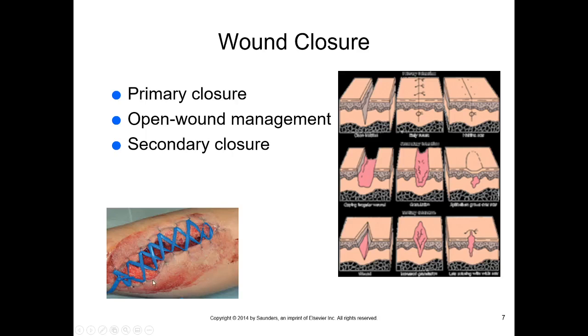Here it is in real life on a person. Really big wound here. We need to leave it open so we can clean it, allow it to drain. So we're going to allow it to granulate in this deep tissue and then slowly bring that together. These are laces that can be tightened over time. So we can bring that together so we have a smaller scar there. And this is called a secondary closure,